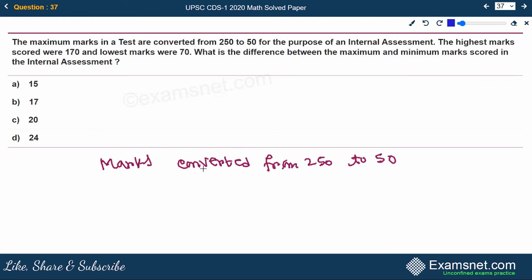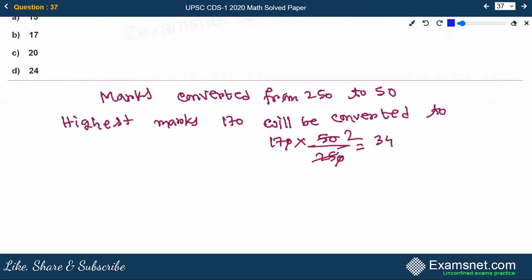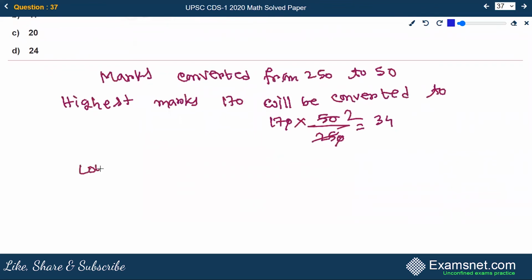But when we calculate under 50, the highest marks 170 will be converted to 170 by 250 multiplied by 50, so 34, and the minimum or the lowest marks